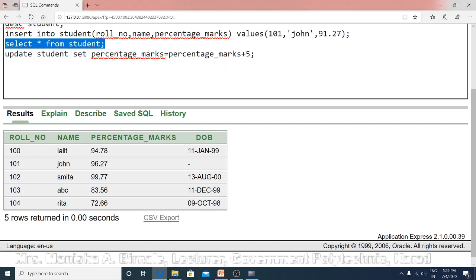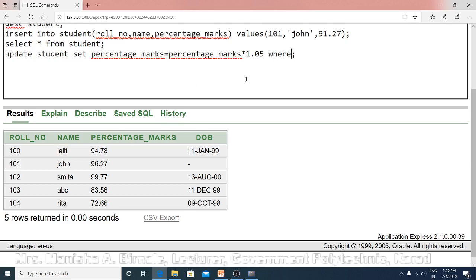So you have to write update student set percentage marks equal to percentage marks into 1.05, because you want to increase marks by 5%.